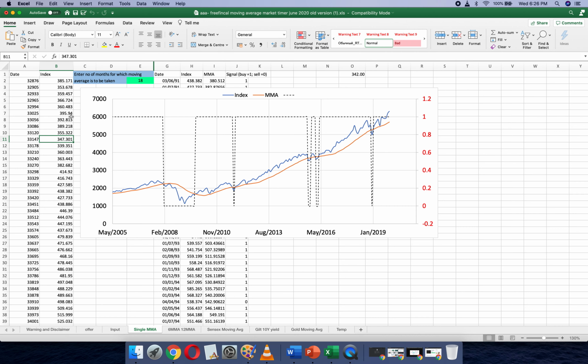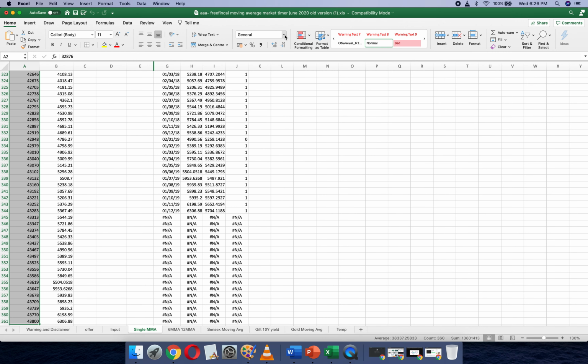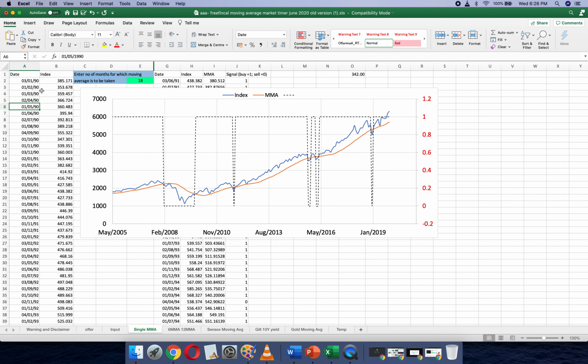In this single moving average sheet, you can see monthly data being presented here. So you have this data. You can just copy that. You can just convert it into short date. You can see here immediately you will have the first month, second month, third month, and so on. That's monthly data from 1990. I think this is for Sensex. It doesn't matter. You can choose whatever you want. You can change the range of plotting here and so on. Those basic Excel things you need to know how to do. I mean, if you can't do that, I can't help you.